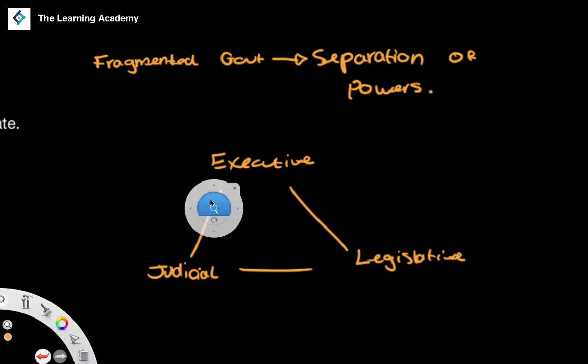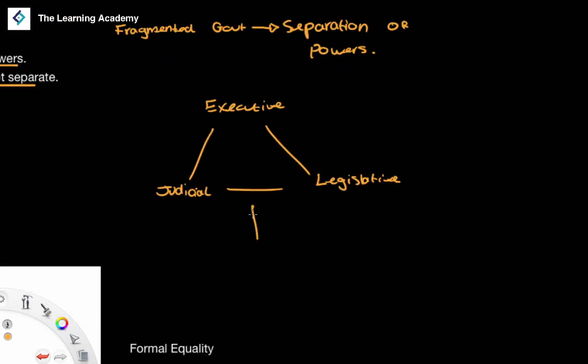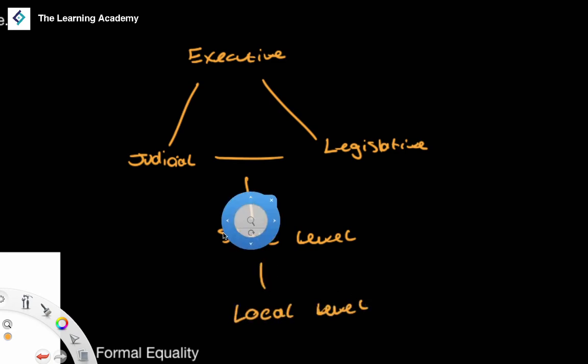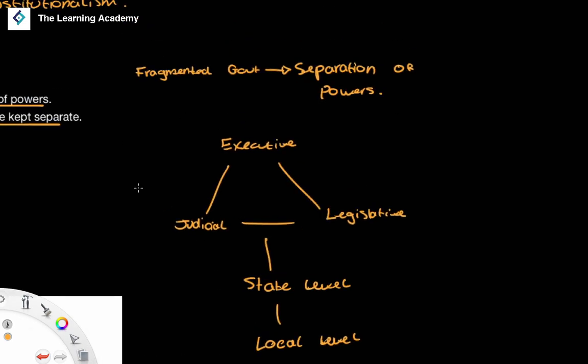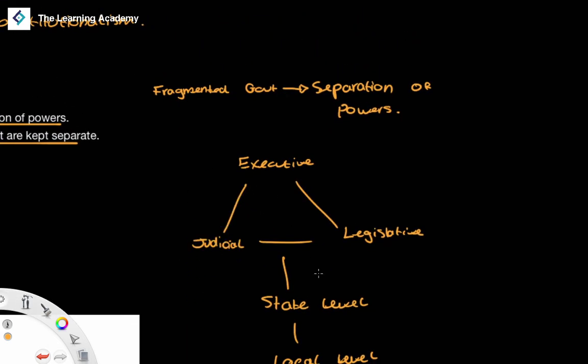Okay. Not only do we have this at the federal level, but then there is also a separation of powers at the state level. And then we could go even further, we could go down to the local level. So not only do we have what is known as horizontal separation of powers, where powers are separated at a federal level, but they're also vertically separated. We also have vertical separation of powers at state and local levels,